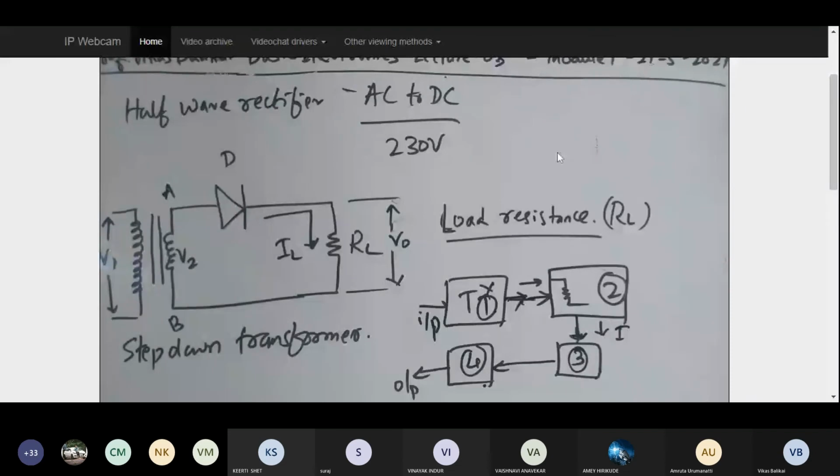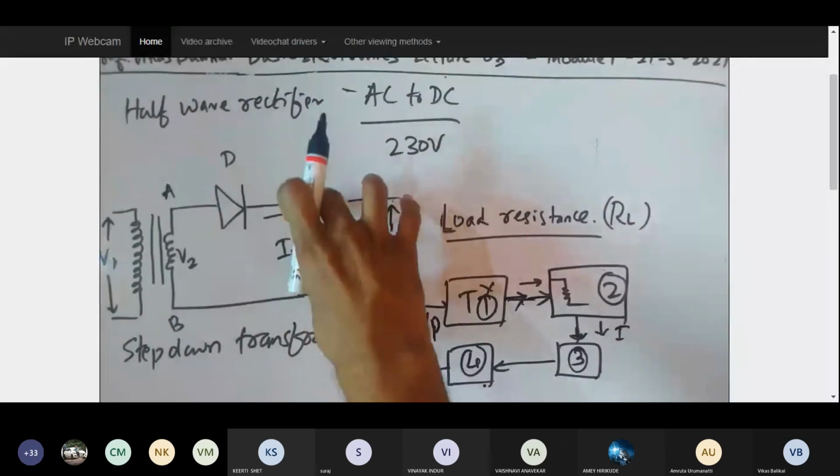Sorry for that. So that's what I was talking about. I was talking about this load resistance. In simple terms, load resistance means the resistance being offered by the next particular component. After this particular setup, after the half wave rectifier, I do not currently know what comes next.